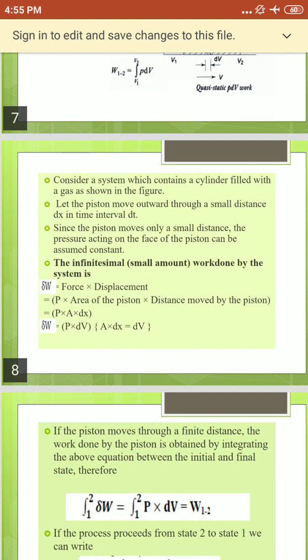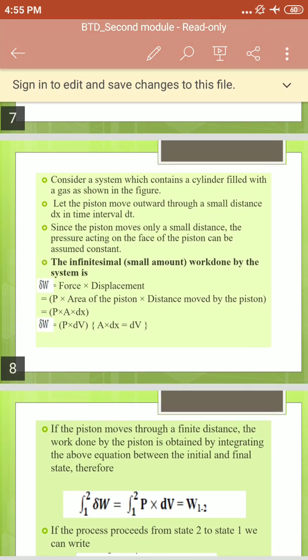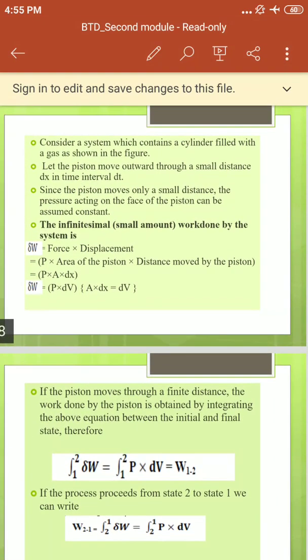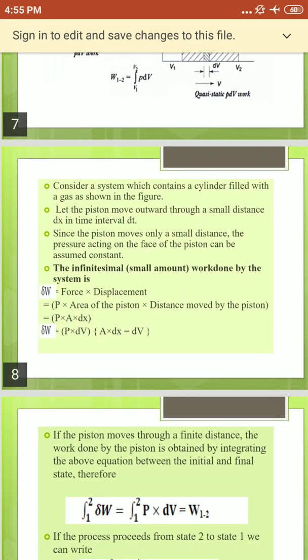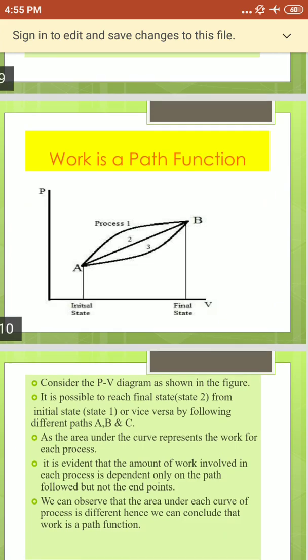Work means what? Work equals force into displacement. Finally you get delta W equal to P dV. This is the work done, that is displacement work. Next we have to show that work is